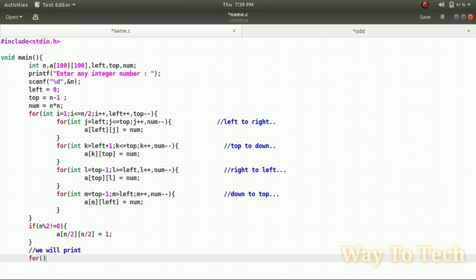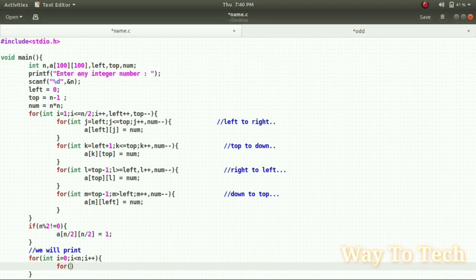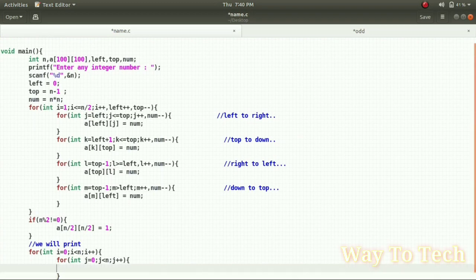First for loop is for number of rows, that is for int i equal to 0 and declaring i less than n, i plus plus, and in that, the next for loop is for number of columns. Int, I am declaring another variable j is 0 and j less than n, j plus plus, because it is an n by n matrix, that is, the number of rows and columns are equal. And now I am printing the number at the ij position index number,